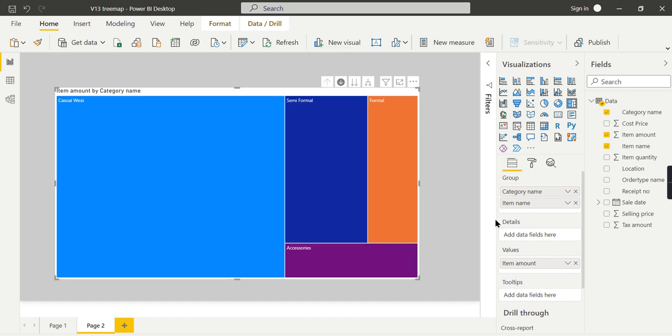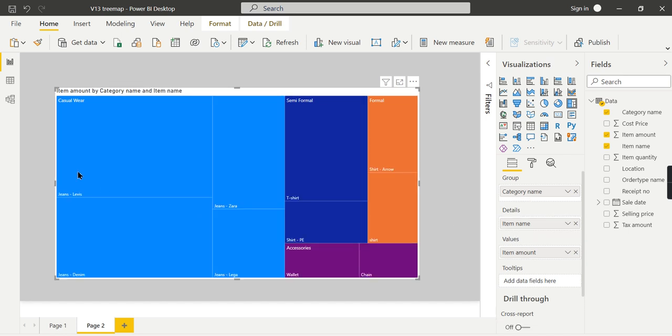So once you have this tree map, people need to put this underneath, in the sub level in the details, so that within this casual wear category, the sub products will be displayed as a split within this category.